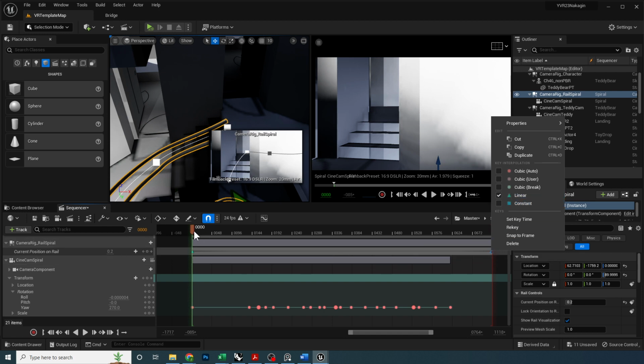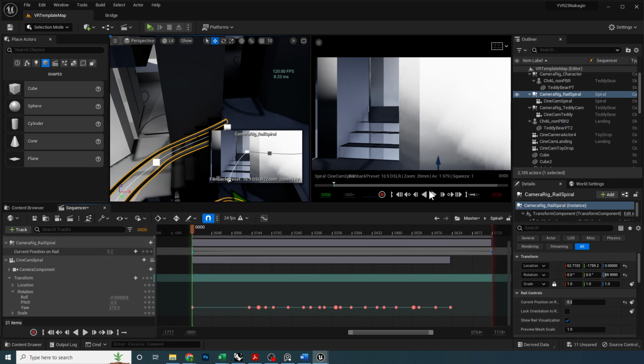And what this does is it won't ramp up the speed of the movement. In other words, it doesn't speed up and slow down at the end. It just is in a linear speed throughout the entire sequence. So now if we hit play,